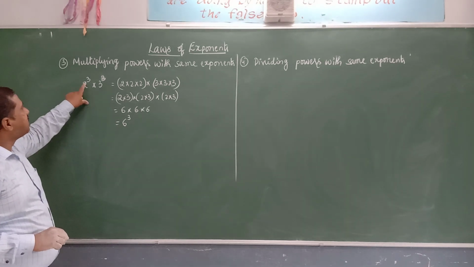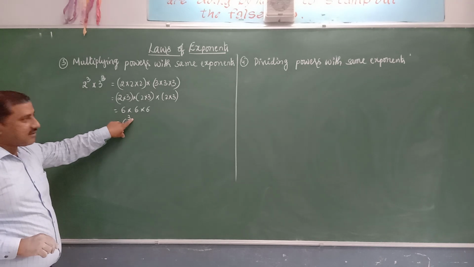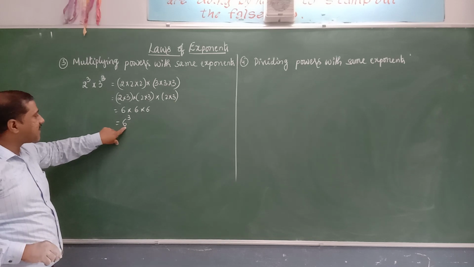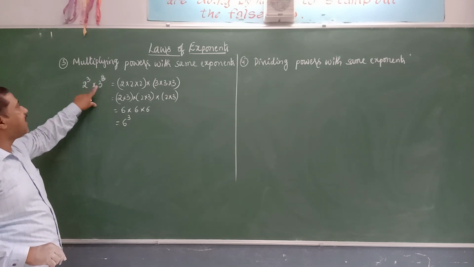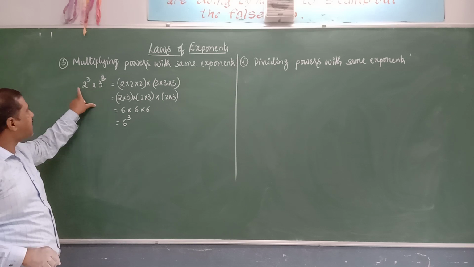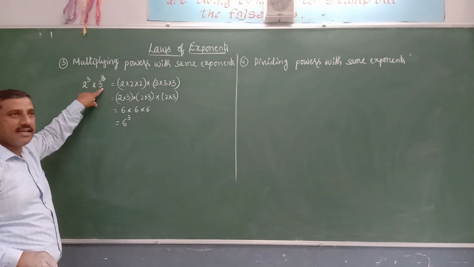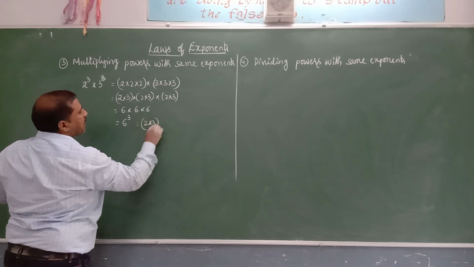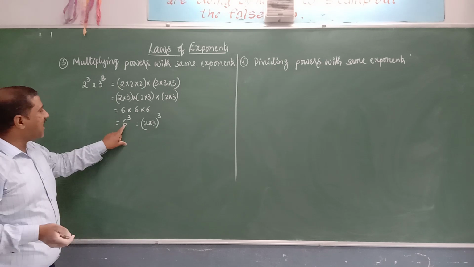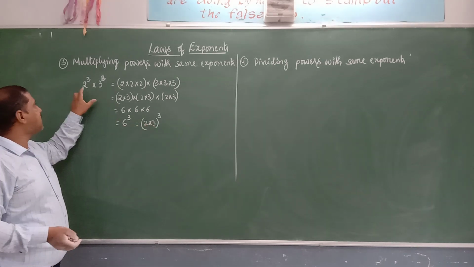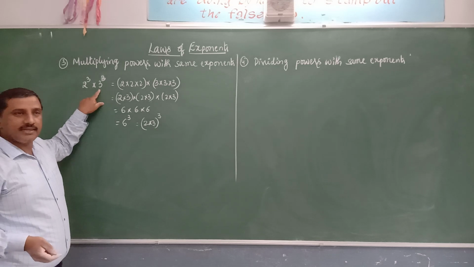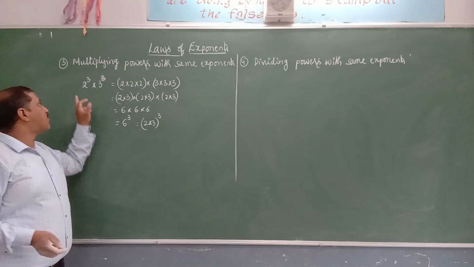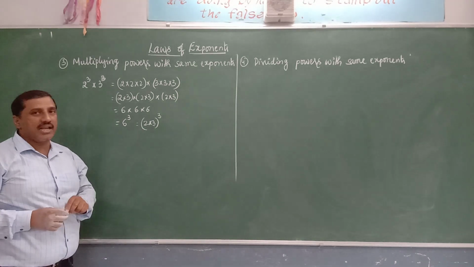Now you see here, what is the exponent we got? 3, and here the exponents are the same, 3. If you observe, 6 is nothing but the product of their bases, that is 2 into 3 is equal to 6. So what can we write from this? That is equal to 2 into 3 whole to the power of 3. What are 2 and 3? They are the bases of the given exponents. That is, 2 cube into 3 cube is equal to 6 cube, and 6 is equal to the product of the bases, that is 2 into 3 whole cube.